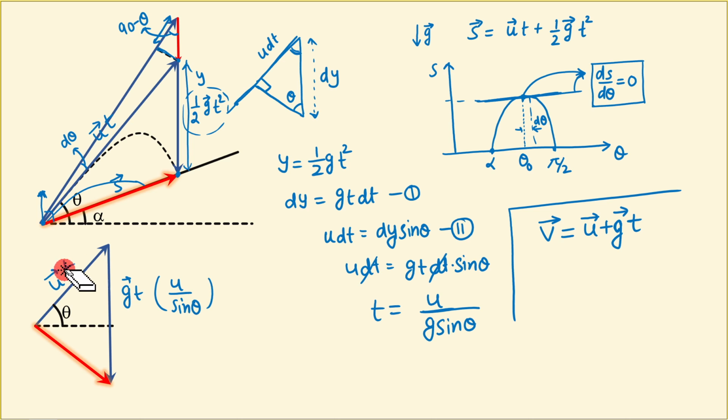Okay, one mistake I did. This has to be u vector, not u vector t. This has to be u vector alone, right? In this triangle, this red vector is nothing but the sum of these two vectors, so naturally it becomes the final velocity vector v vector. Now we have to prove that this angle is 90 degrees.